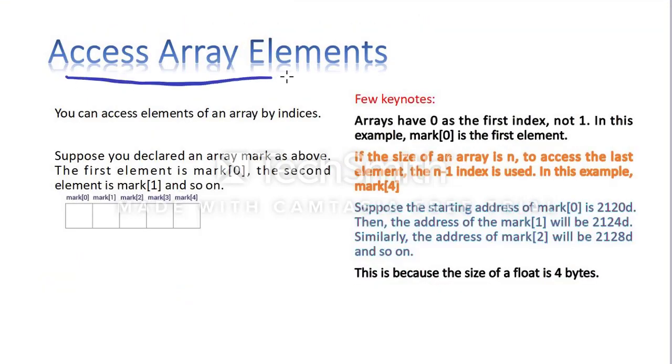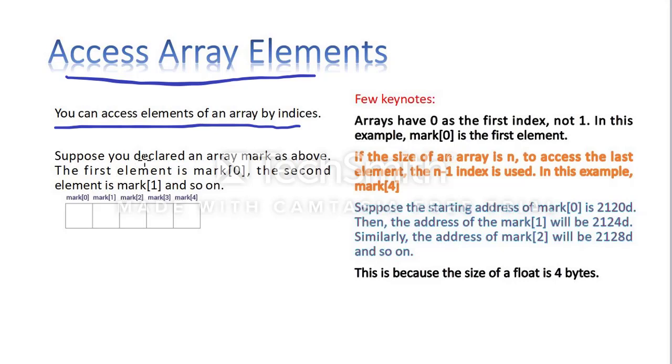Access array elements means how we can take the elements from an array, how we can access them using indices. For example, if the size of the array is 5, it can store 5 values, and each value has an index. Index means where it is stored. It is like when you put an index in your notebook, you can easily go to what you want. In the same way, every value in an array has an index value.